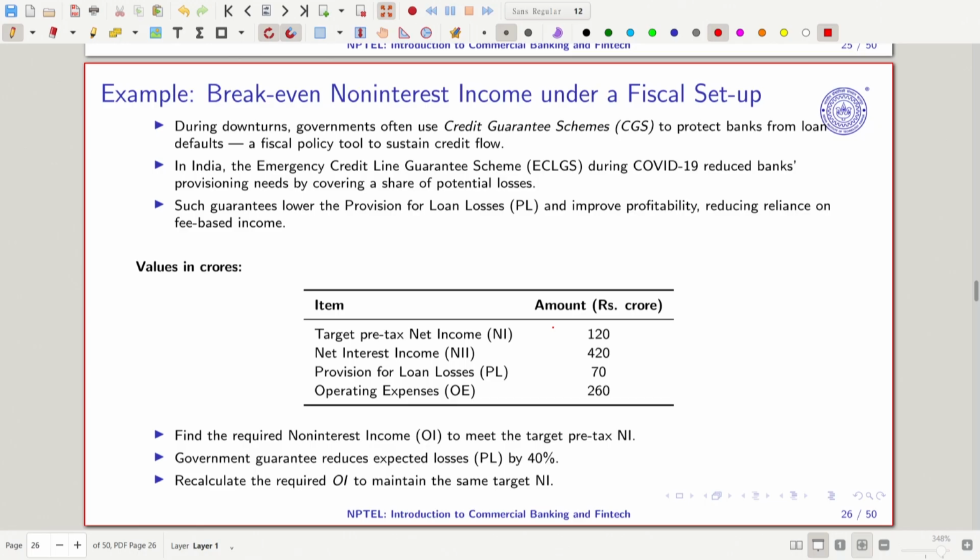Now let's have one more scenario, which is linked with break-even non-interest income under a fiscal setup. Suppose during COVID-19, we know that we have unconventional monetary policy. I think I have highlighted this already. This is what the business cycle looks like. Here we have the peak, here we have the trough, here we have the slowdown, and here we have the recovery. In this we also have something called counter cyclical